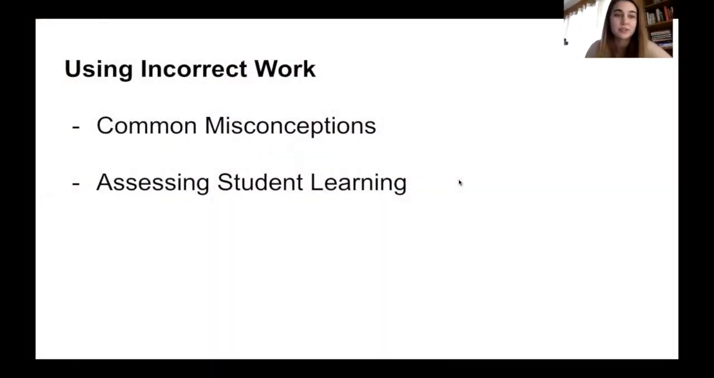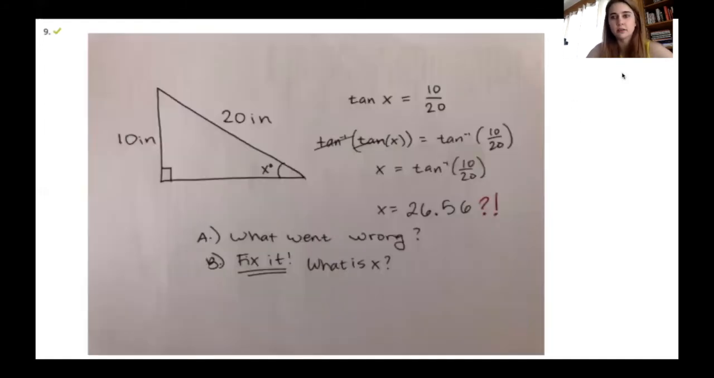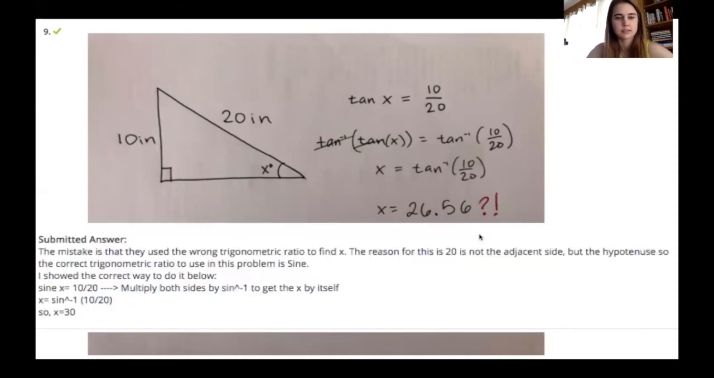You can also use incorrect work and either use it to help focus on what common misconceptions might be and help keep students from making those. You can also use it to help assess student learning and have them critique and analyze somebody's work. So here's an example of something I gave on an online quiz. I gave this work and asked the students what went wrong in the problem and how they could fix it. So here's an example of what a